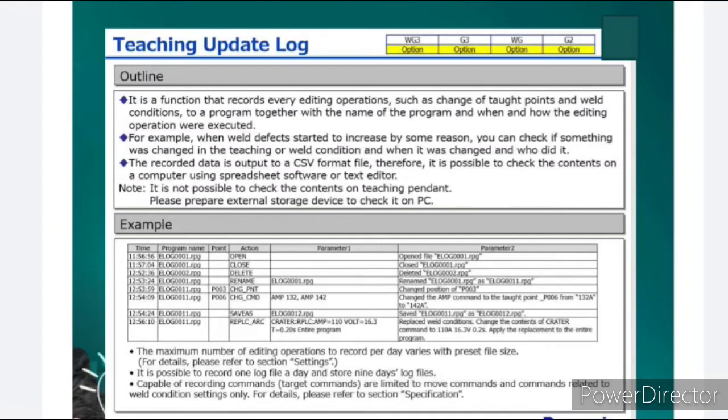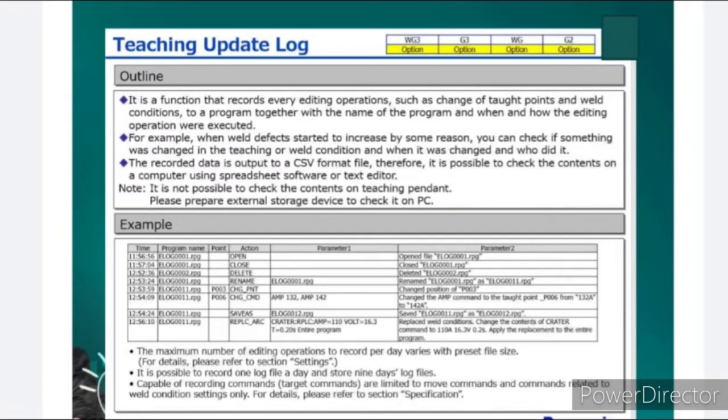For example, when weld defects started to increase in some regions, you can check if there was a change in the teaching or weld condition and when it was changed and who did it.